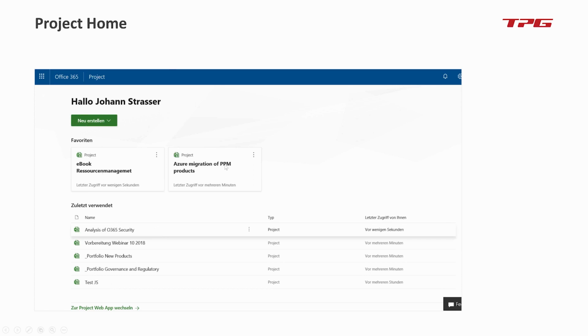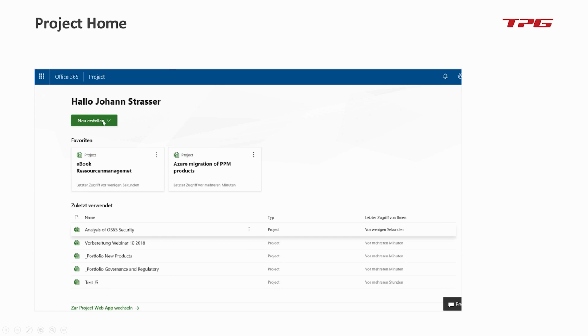I have favorites for projects I'd like to work on all the time. I can create new projects from here. So a very nice, leaner user interface compared to going into a project center and finding my way around it. Maybe this helps one user or the other to more easily navigate through Project Online and access either my used projects from the past or also create new projects top-down based on templates I find in